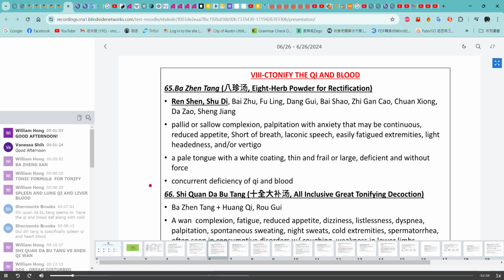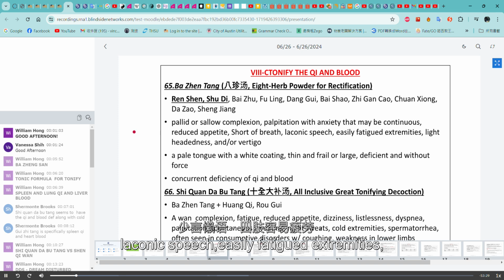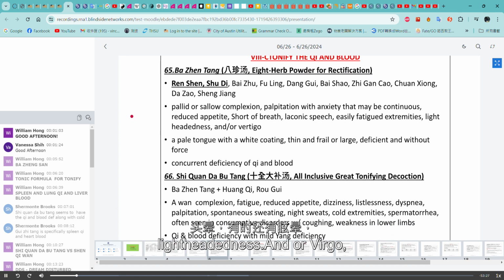Tonify the qi and blood. Ba Zhen Tang, 8-herb powder for rectification. Ren Shen, Shu Di, Bai Zhu, Fu Ling, Dang Gui, Bai Shao, Zhi Gan Cao, Chuan Xiong, Da Zao, Sheng Jiang. Pallid or shallow complexion, palpitations with anxiety that may be continuous, reduced appetite, short of breath, laconic speech, easily fatigued extremities, lightheadedness and or vertigo, a pale tongue with white coat, thin and frail or large, deficient and without force, concurrent deficiency of qi